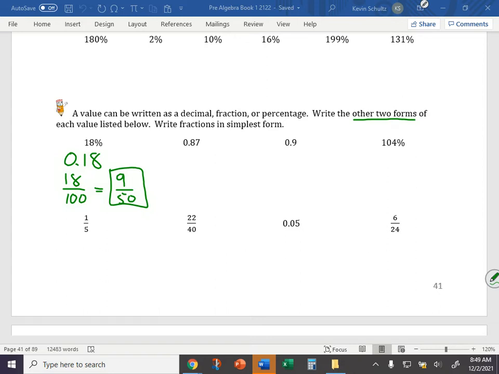6/24. All right. So here's an example of a fraction that does not have that friendly denominator. 24 is not friendly. How do we work with this? We talked about this yesterday. How do we work with this? Liam? Get as close as you can to 100. Well, generally we would get as close as we could to 100, but this is actually, we want to rewrite this fraction